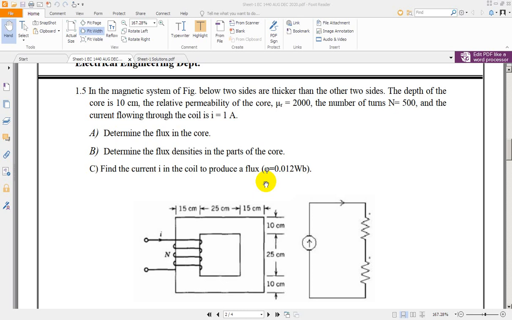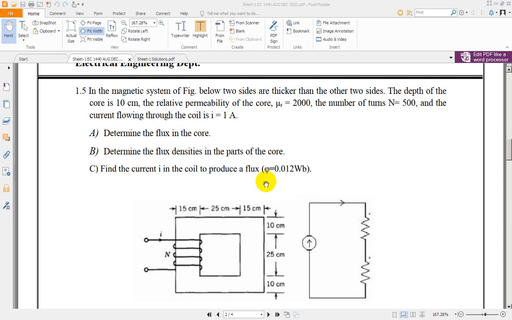Yes, welcome to the second session of sheet 1, in which we are going to deal with problems related to magnetic circuits, some application problems related to magnetic circuits. In the last video